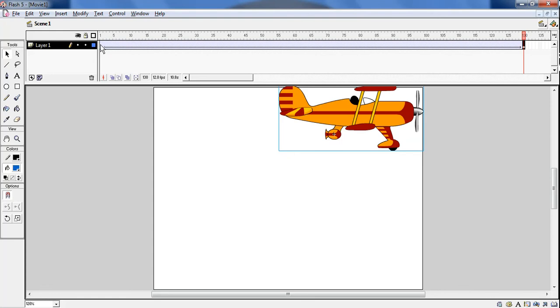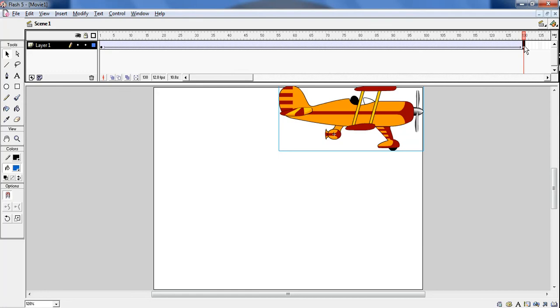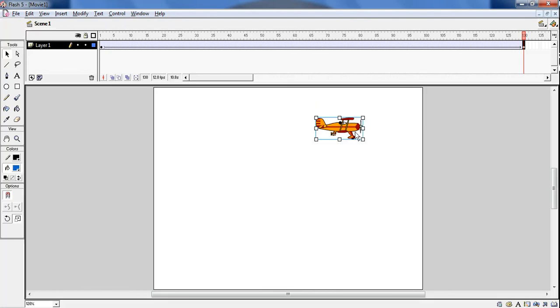In the first frame my plane was at the bottom of the stage, and in the last frame, the 130th frame, my plane is at the top of the stage. Now first of all, what exactly are we going to show? We are going to show that this plane is taking off. When it is taking off, it is going far. So when it is going far, the size of the plane should change, right? For that, what we can do is select the plane and go for the Scale tool. At the last frame I have selected this plane and then I am selecting the Scale tool, and let's reduce the size of the plane. Done. It is going far away, right?